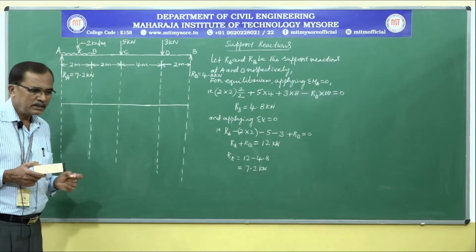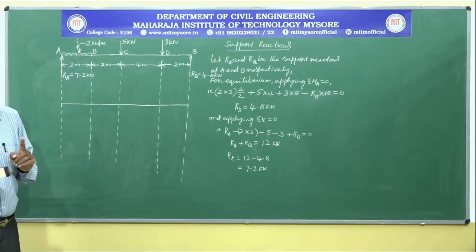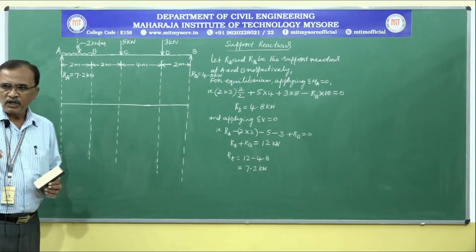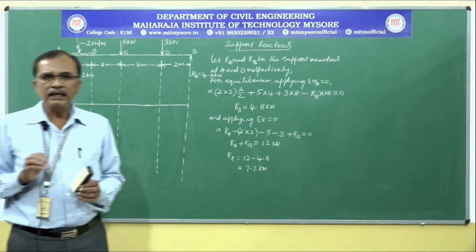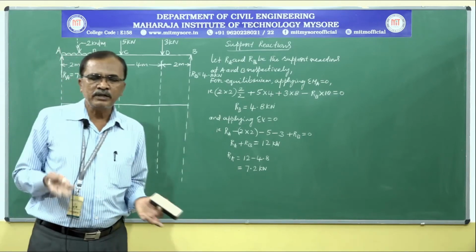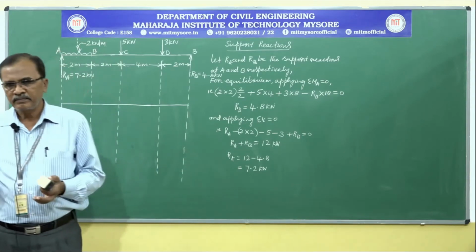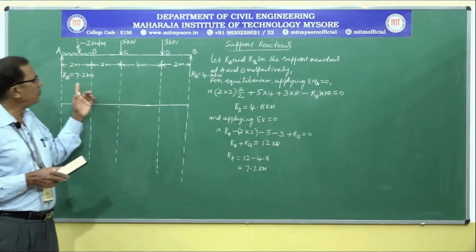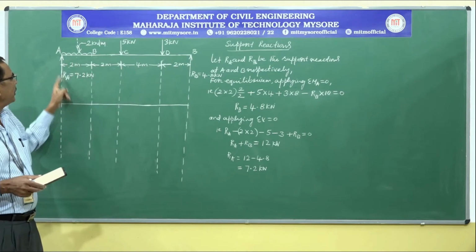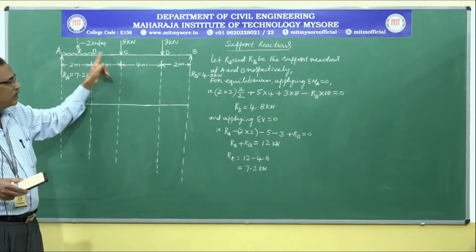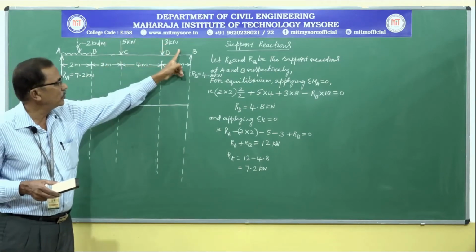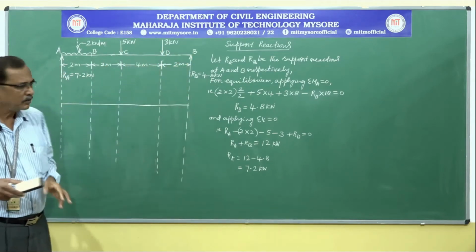For a point load, it's a vertical line and it moves in the direction of forces acting. For a uniformly distributed load, it is a linear, inclined line. For no loading condition, it is a horizontal line. And in this problem, we come across only those three conditions: point load, UDL, and no load. Point load, no load, point load, no load, and point load.